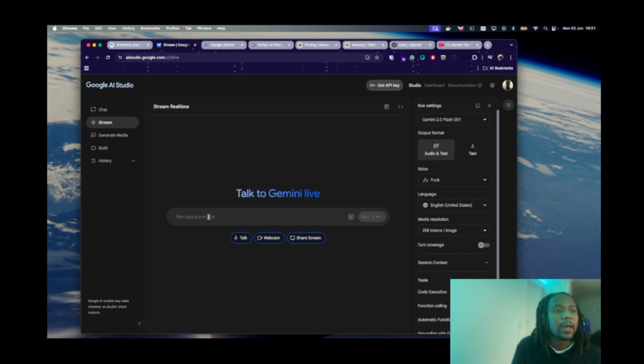Okay. And then, so I can use Flash. I can use all the experimental ones or 2.5 as well if I wanted to. You can change the voice type that you want, or whatever the case might be. You can fiddle around with the different settings for the model, but we're just going to keep it quite vanilla at the moment. And so essentially, I'm just going to say, please,